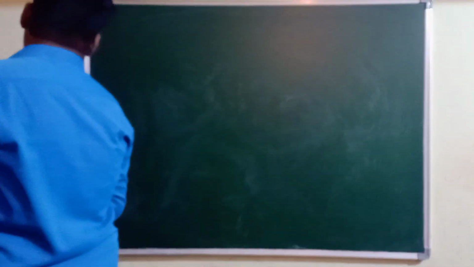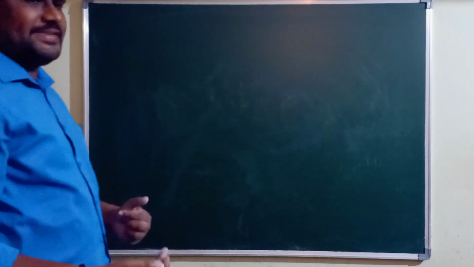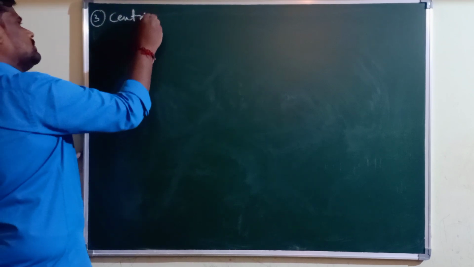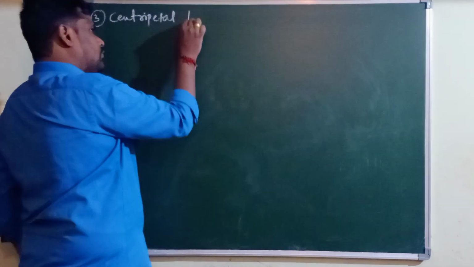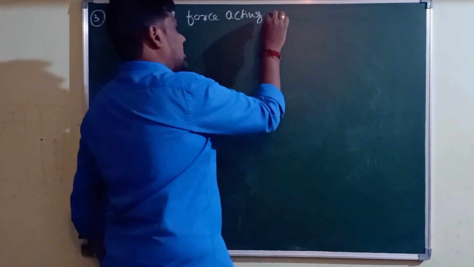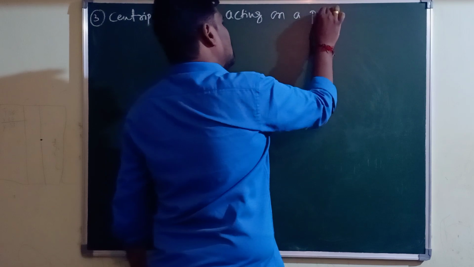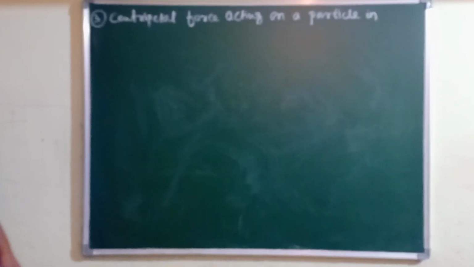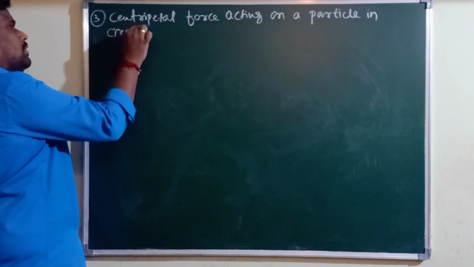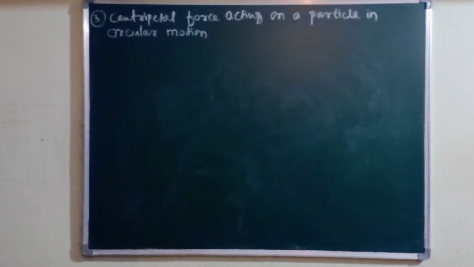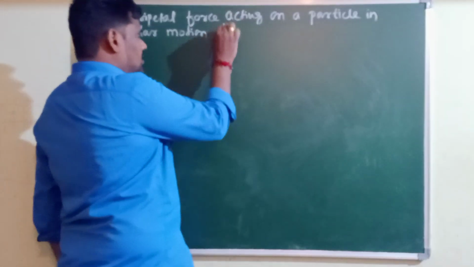Take the next example. In the last class we have completed two examples. Now I will go for the third example here. Third one, centripetal force acting on a particle in circular motion. Centripetal force acting on a particle in circular motion depends on